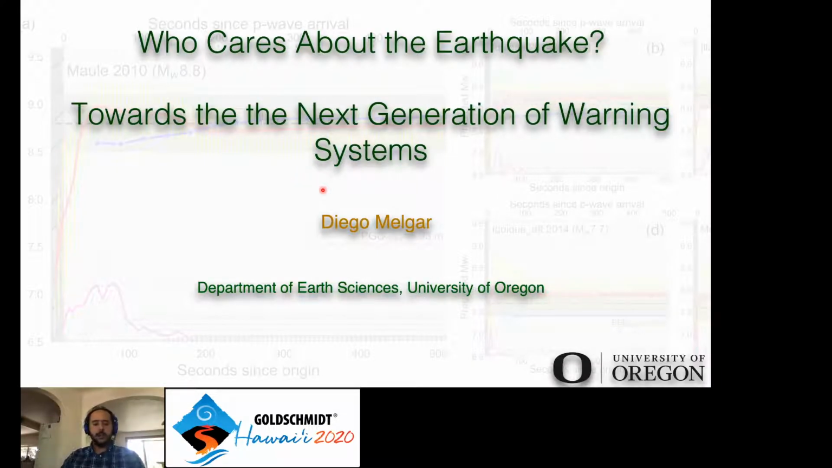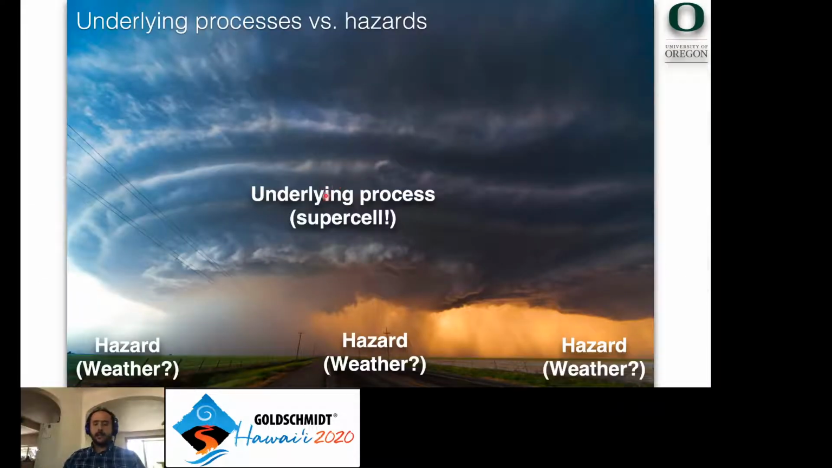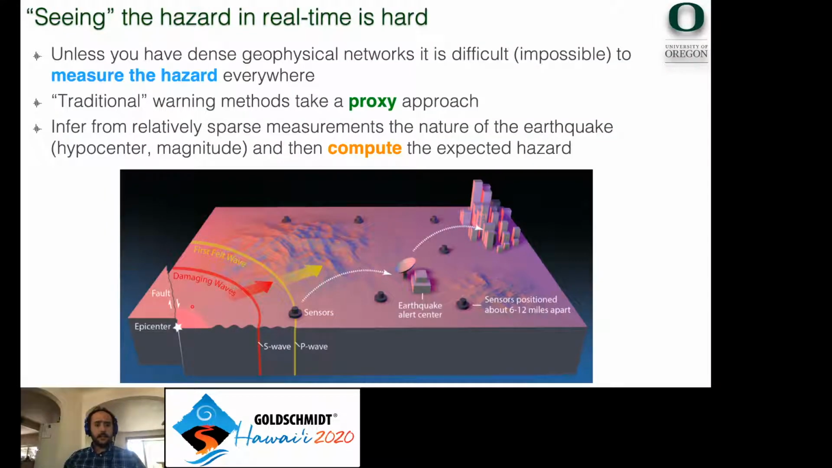Today I'm going to talk a little bit about earthquake hazards and about warning systems. The key message behind what I'm going to talk about today is to distinguish between the underlying process, in this case a storm, a supercell, and the hazards that result from that underlying process. In this case, rain, hail, or a tornado being spawned over here. Of course, in earthquakes, the underlying process is the fault rupturing, and the resulting hazards are either shaking or a